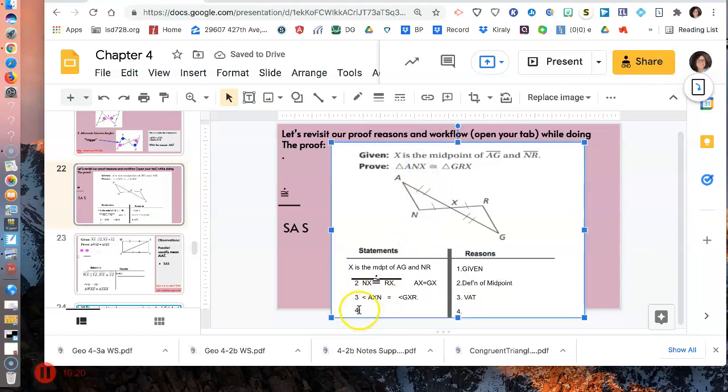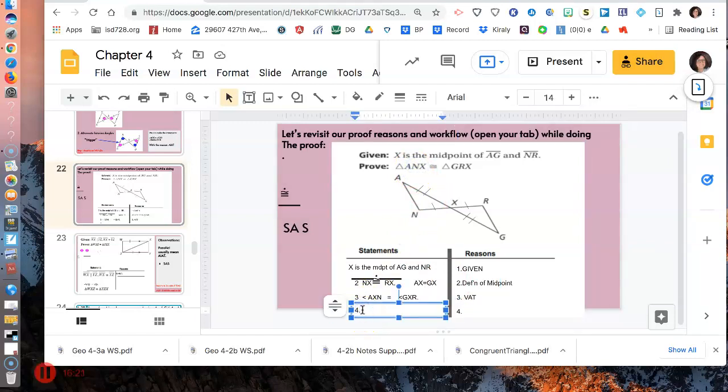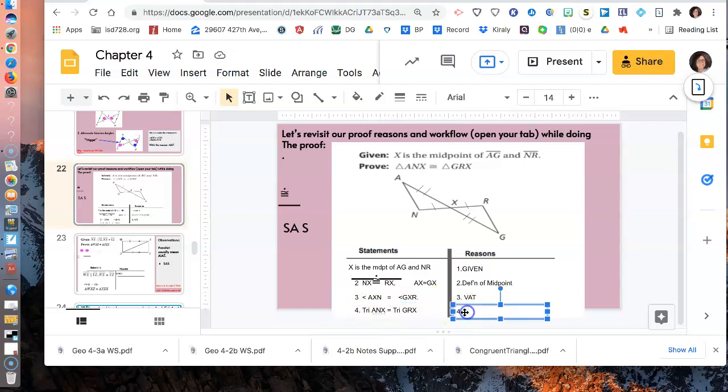We walk ourselves to what we were supposed to prove, that triangle ANX is exactly the same or congruent to triangle, and I should put the symbol in there, and I did in class and will in class, but for these notes that I'm videoing ahead of time, I forgot to add that on there. So, and what's my reason? Is it SSS? Nope, I couldn't get those sides, third pair, the same, but I was able to get the included angle with a little vertical angle theorem. So now,